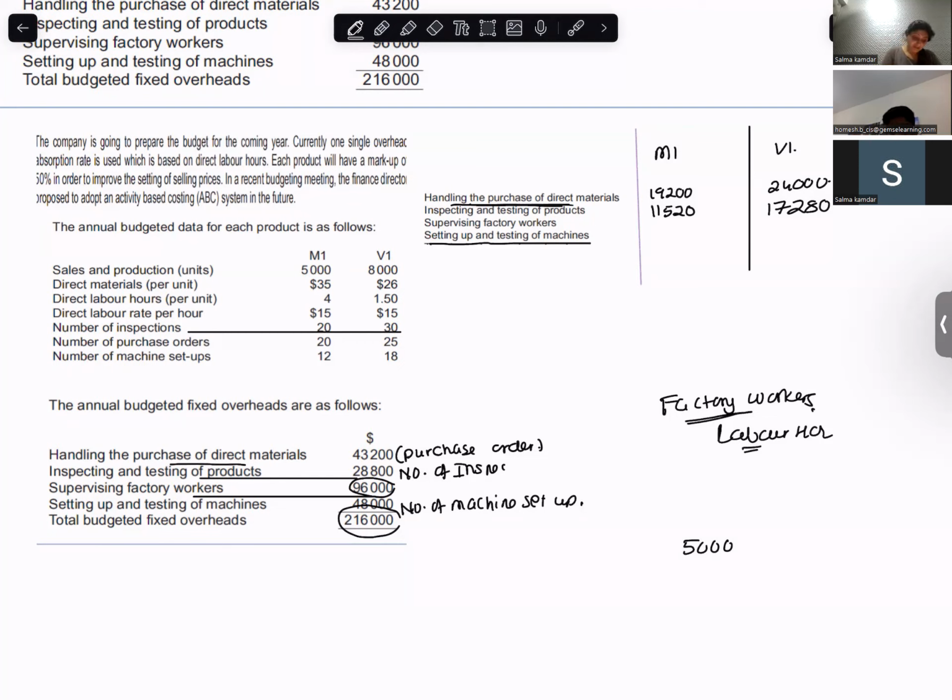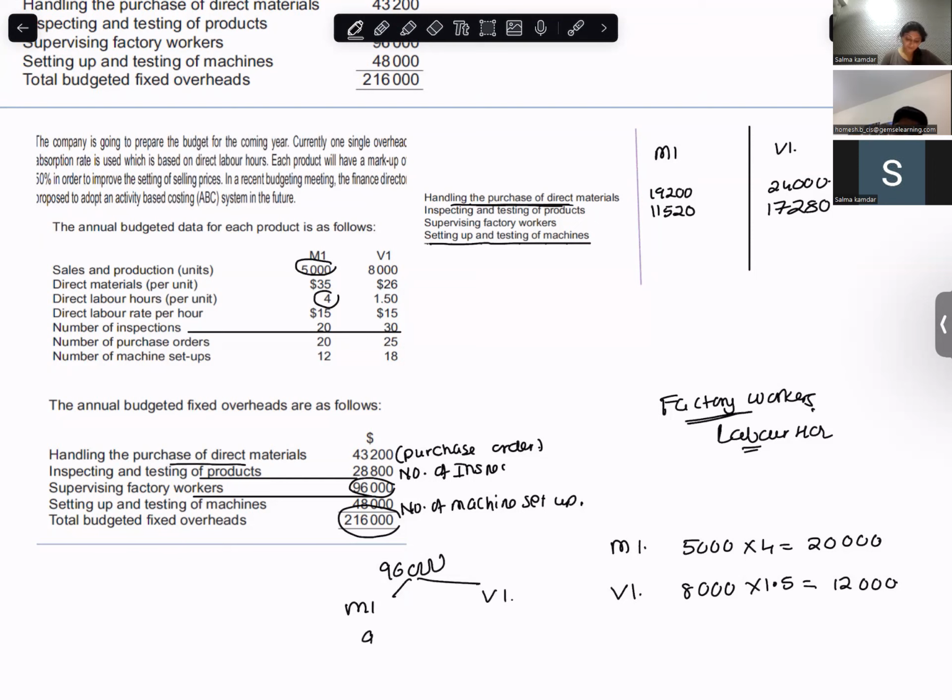Labor hours for M1 would be 5,000 into 4, which is 20,000. And labor hours for V1 would be 8,000 into 1.5, so it comes up to 12,000. So we will distribute this 96,000 between M1 and V1 in the ratio of